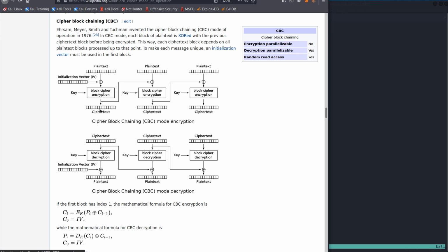And what it does is it takes the output from the previous block and XORs it with the input that's going into the next AES. So basically what that means is all the previous things affect the later things. So the reason you can use this, so like CBC-MAC, basically MAC stands for